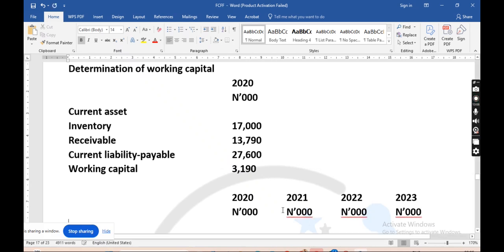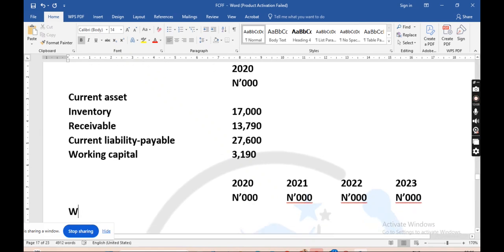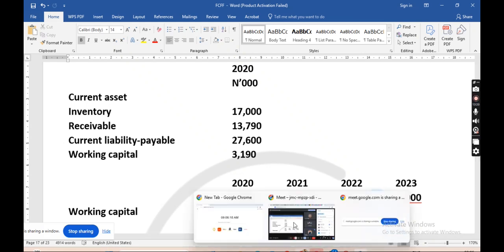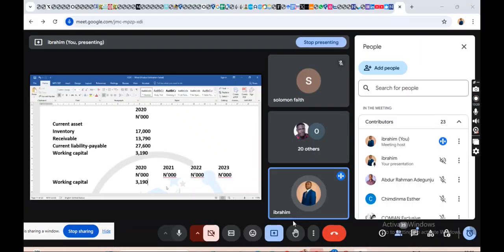Okay. So the working capital year zero is 2020, which is 3,190. So we have to increase it by, I think,